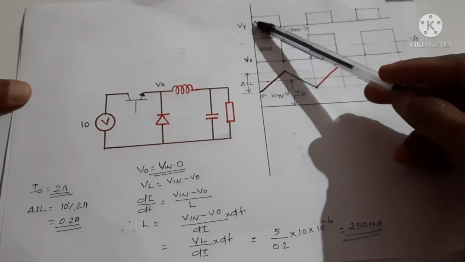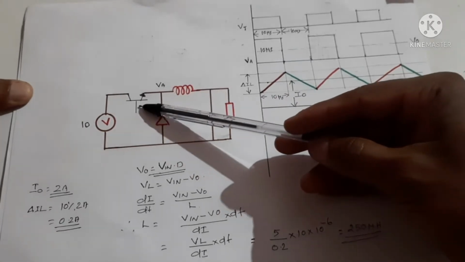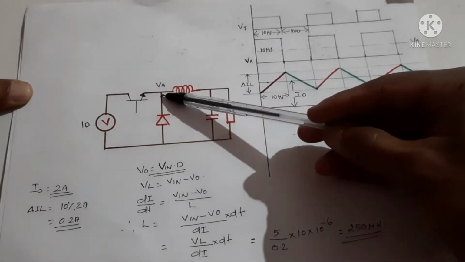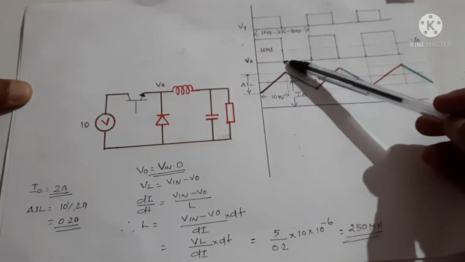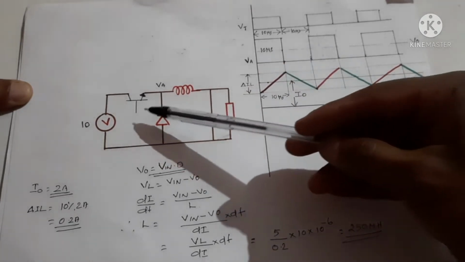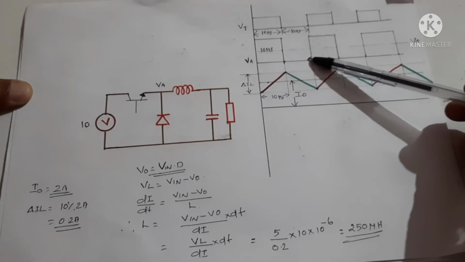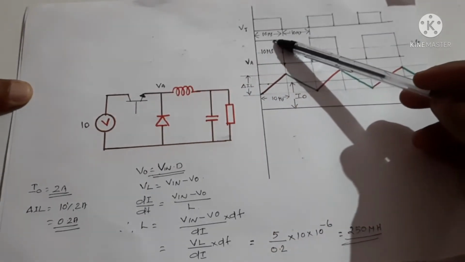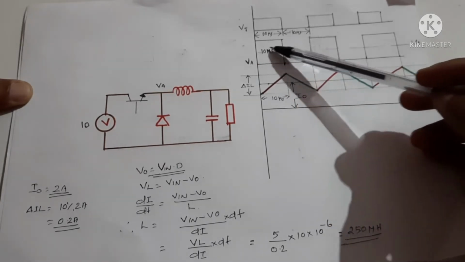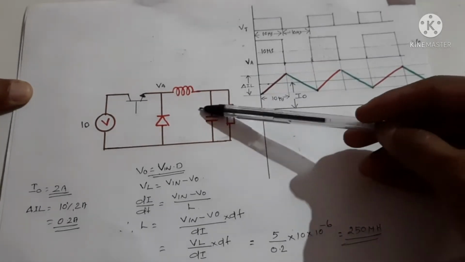When the switch is on, if we assume that the switch is on for 10 microseconds, the full voltage, 10 volt, appears at this point. This is shown here at this point VA, the full 10 volt appears across this point, but only for 10 microseconds. And now the transistor is off. This is again for 10 microseconds. The voltage at this point will be 10 volt only for half the time. So if we take the average, if we take this portion and place it here, this will be 5. So the average output voltage will be 5 volt.